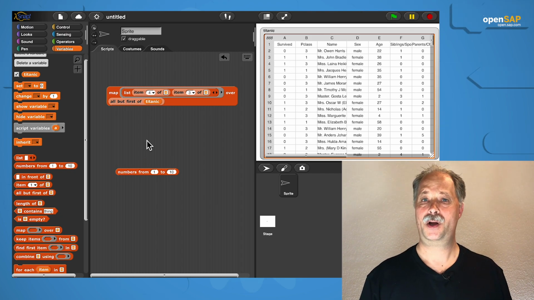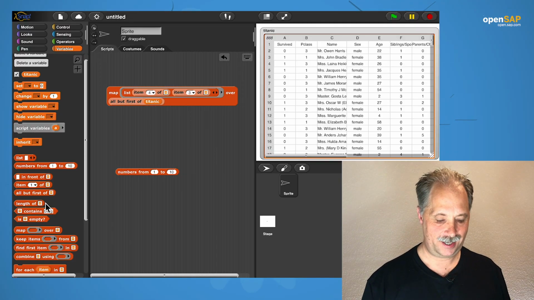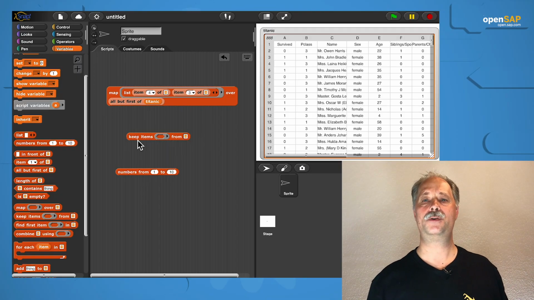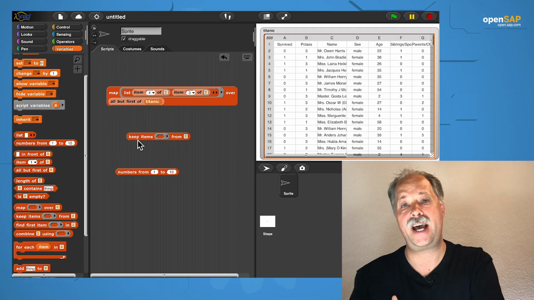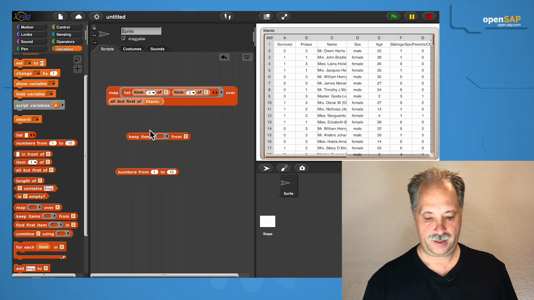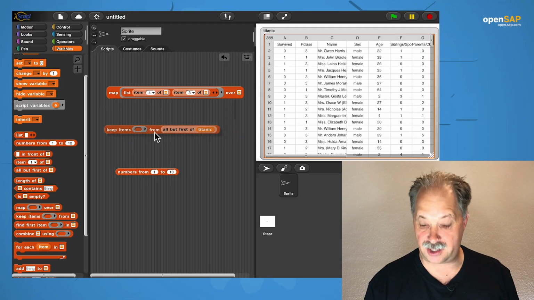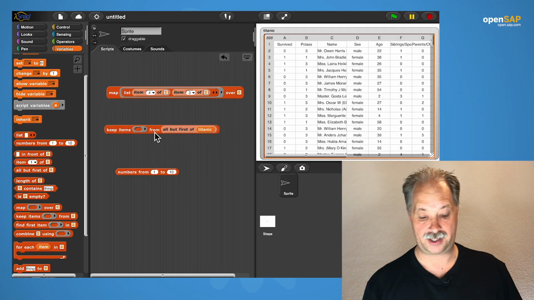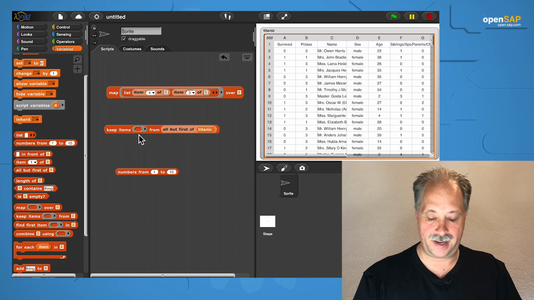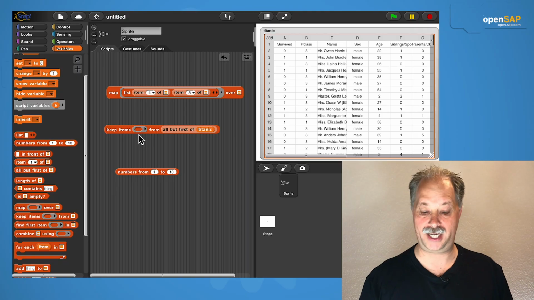Remember filter? When we showed you last week that there are these superpower blocks, here's a block that is called keep. And we can use keep to only keep those records that fulfill a certain criterion. So we're keeping all items in all but the first records of the Titanic, because the first record is the header. And now in here, we can put a